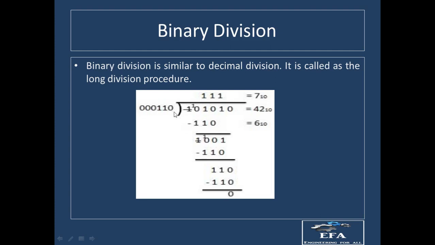So we have to see whether the first 3 bits in this question are equal to, greater than or smaller than this 110. Now we can see over here 101 is smaller than 110, therefore these first 3 bits cannot be divided by 110. Therefore we have to take one more bit and include this 0 also for the